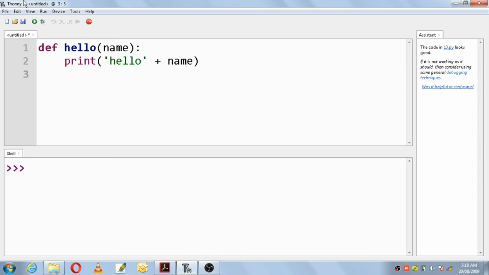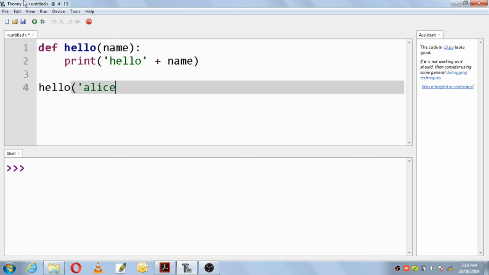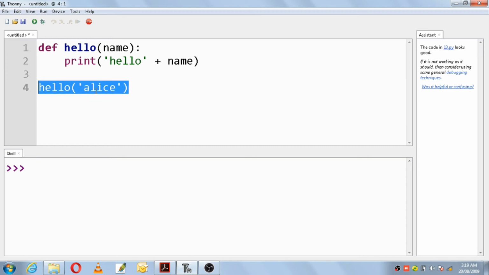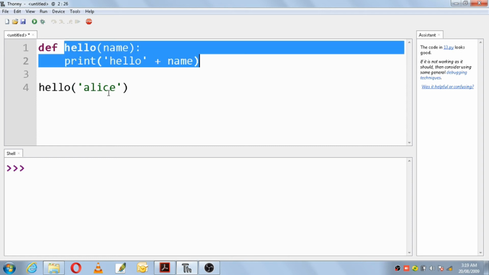Okay, then enter. You come out of this function by coming out of the space, then you write the function name. What is the function name here? Hello, and the name argument I want to pass is Alice. So first this statement will be executed. Here you are calling a function hello, and it will go to this function definition hello. It will not go alone, it will go along with the argument Alice.